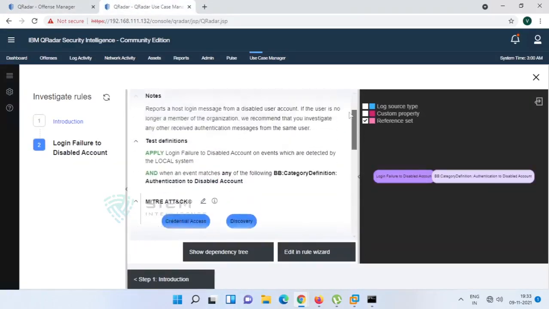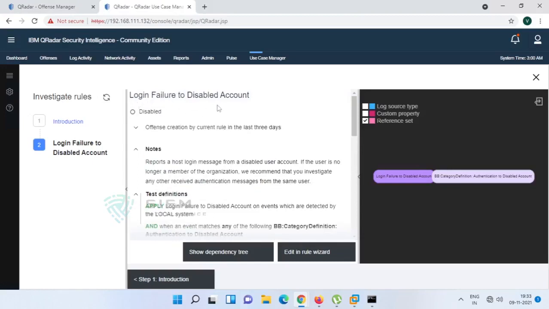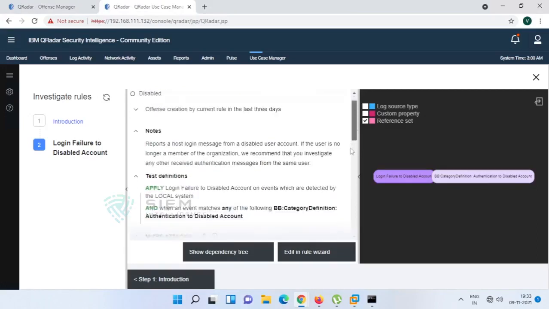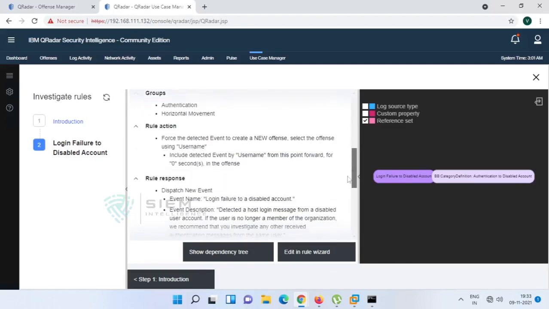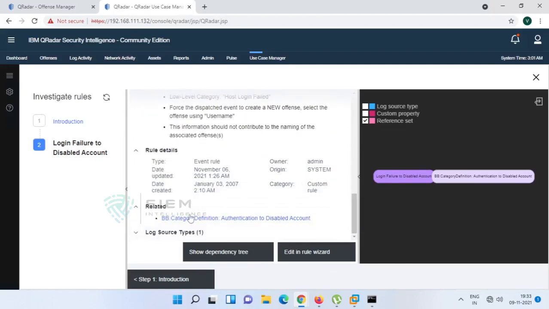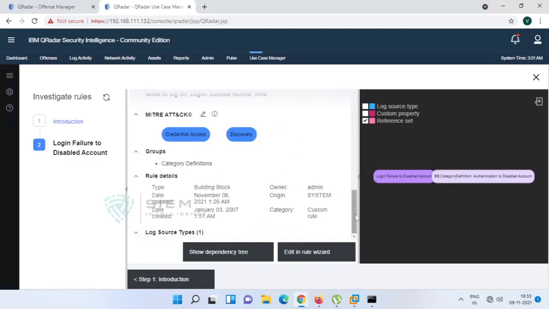This is a particular rule, login disable account. Over there the dependency is this particular category building block. So what is the building block? Category definition is authentication to a disabled account. How can we see? Just go down and see, you will find this particular link. Just click over here, you will get the entire listing. See,